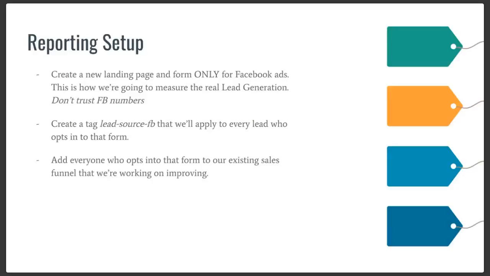The Facebook numbers, there's so many things that can go wrong. The pixel could not fire on your page. It could be misconfigured. People coming into the thank you page who have opted in may already be on your list, and Facebook doesn't know that. So they might double count people and say, oh yeah, you got a new lead, but really that person was